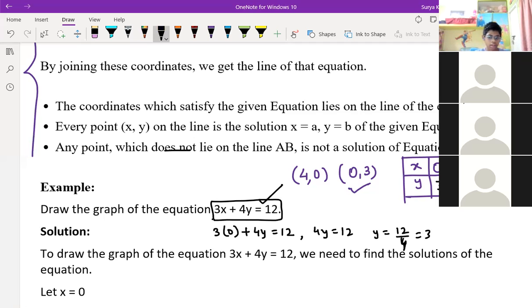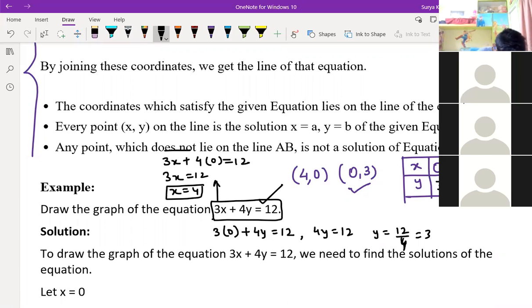So for the second, if y is equal to 0, then x is equal to what? Put it in the same equation. If y is equal to 0, so 3x will remain the same, plus 4 into 0 is equal to 12. So 3x is equal to 12. The x is equal to 4. Understood now? Yes, sir. So if x is equal to 0, y is equal to 3, and if y is equal to 0, x is equal to 4. Pulastya, you understood? Understood. Okay. Show me the graph, child. Pulastya, show me the graph you have made in the notebook.